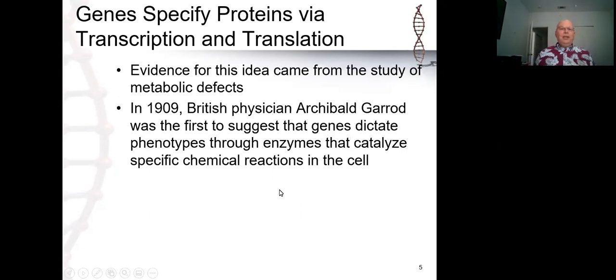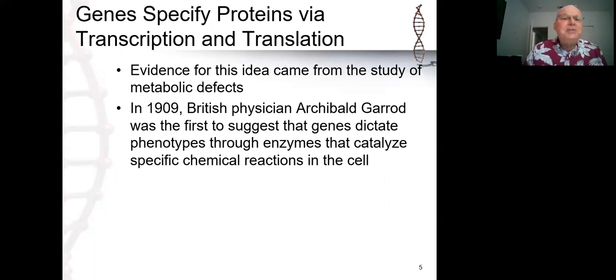So when we start thinking in terms of this flow of information, the first person that we really talk about is Garrod. Now, Garrod first published a paper about the condition that he was looking at, known as alkaptonuria, and it's actually the subject of one of my first concept check questions. So I won't tell you very much about alkaptonuria yet, because I don't want to give away too much until we get to the concept check question.